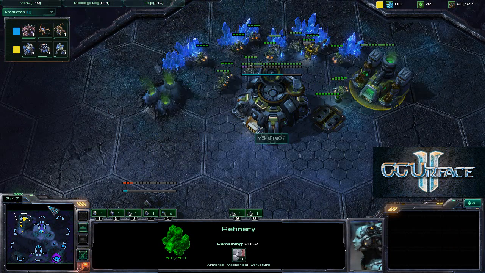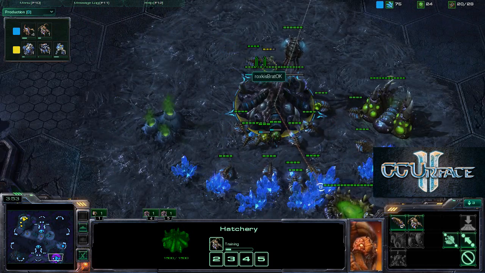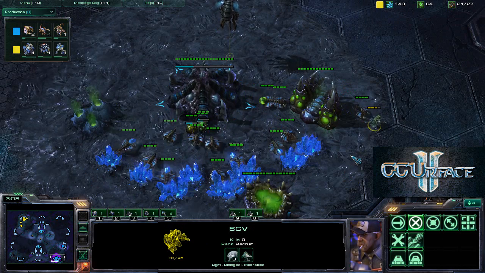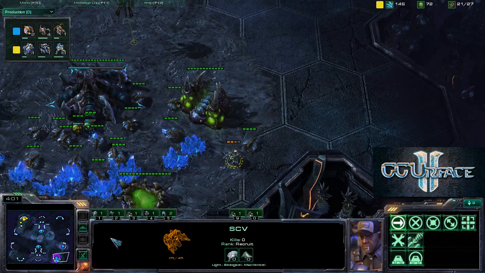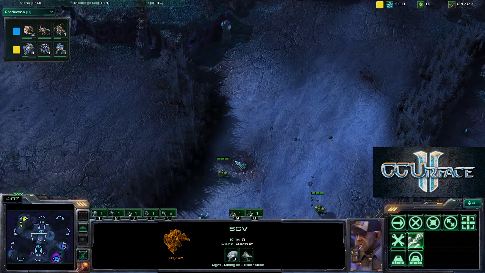And BratOK does have a marine over there at the front of the ramp, and he's also constructing a factory. He is on 1 gas at the moment, whereas Aristeo is also on 1 gas, and this SCV is getting shot at. He has been taking 2 hits and a 3, 4. Ooh, he is getting close to death over here, and there's going to be 2 marines scouting through the middle